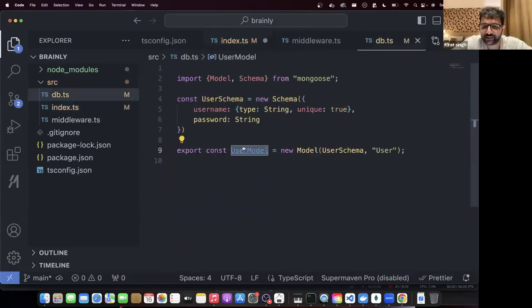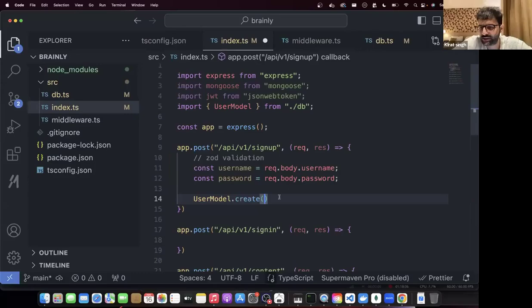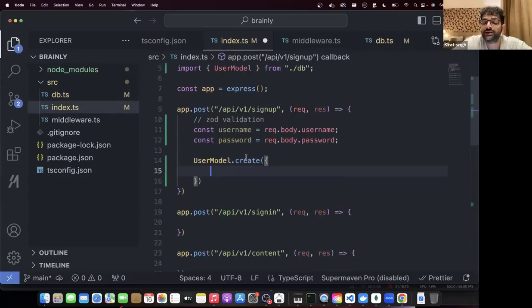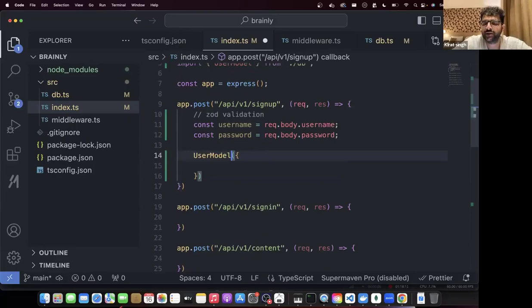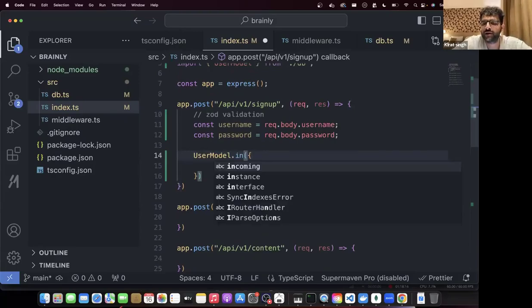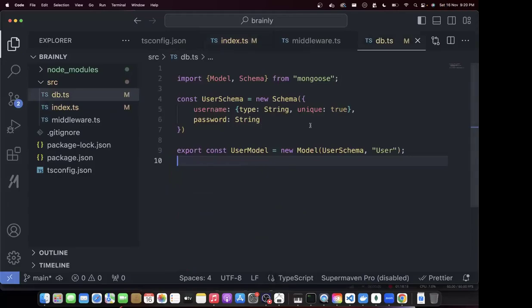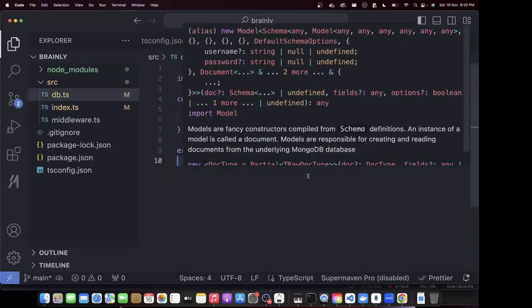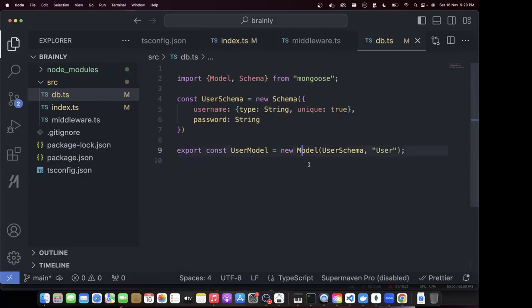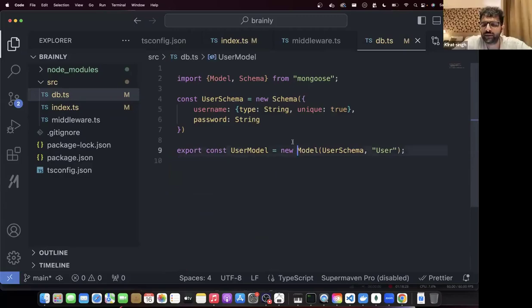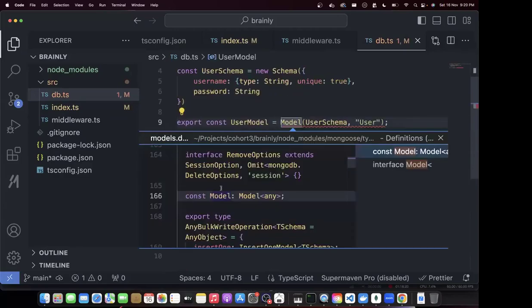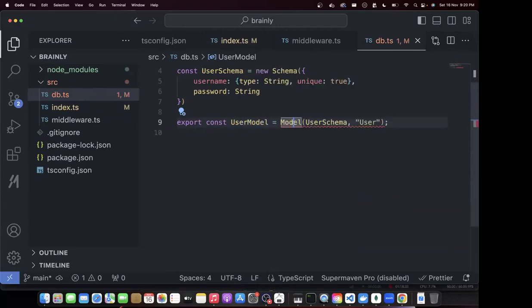It's not giving me types. Would have been nice if it gave me types. But I'm missing something. But अब मुझे पता नहीं कि create होता है कि insert होता है. This is not giving me the types I was hoping for. Probably because I missed something here. Model is just a method with a small m, not a capital. There is no need of instantiating. Oh, this? Yeah, and m should be small.